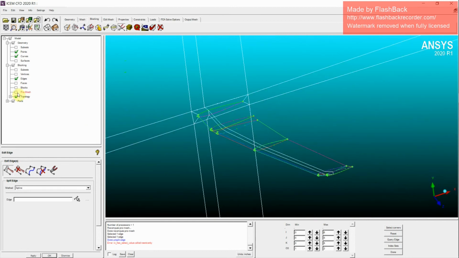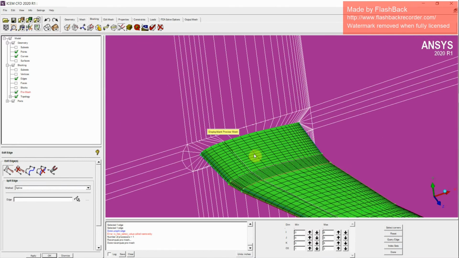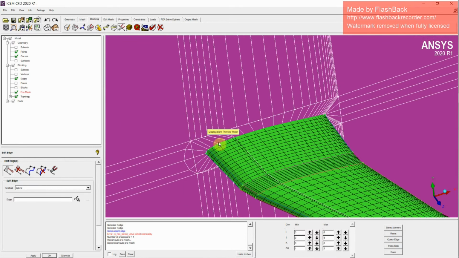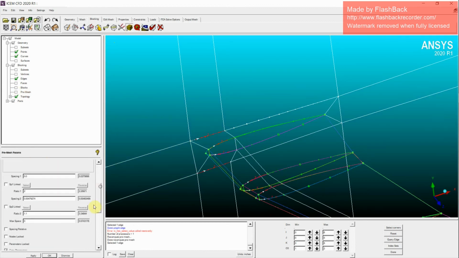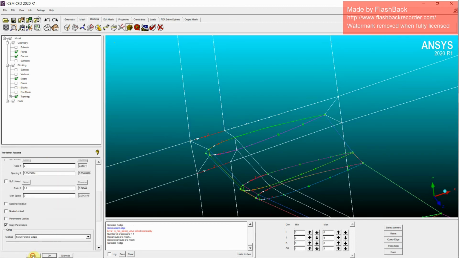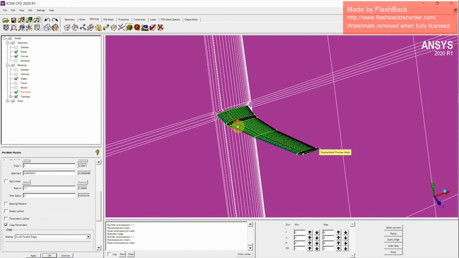Okay, now that looks okay. So let's try pre-meshing it again. We have to copy the parameters with this edge also. Copy parameters, make sure it is checked, apply, pre-mesh. So now everything looks fine.